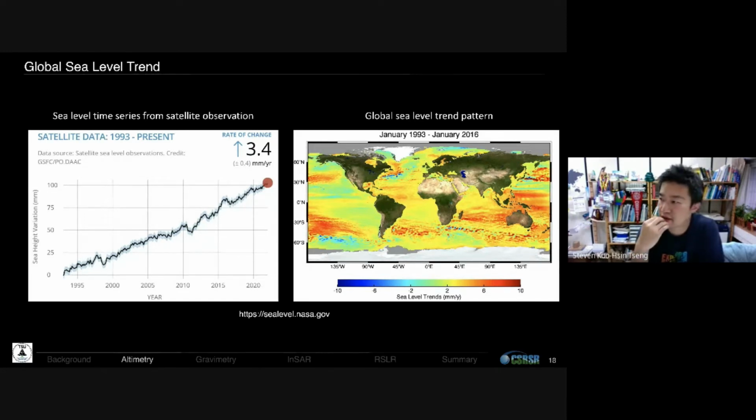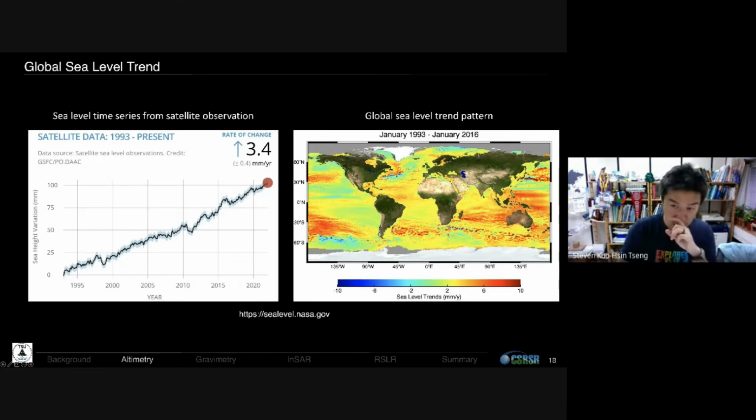And to the right, I try to give you an idea that actually the global sea level rise is not the same everywhere. We have a so-called eustatic sea level rise. It means that the global ocean has a mean expansion, so that on average, we call that eustatic. However, among this eustatic global expansion or rising pattern, there are other high frequency terms. So you can imagine global ocean sea level rise has a first order expansion, called eustatic sea level rise, and some higher orders, second order and third order, are some local effects. As you can see from the right